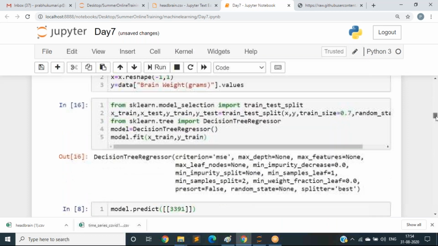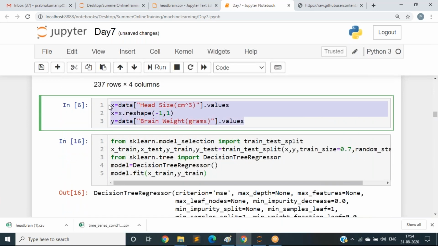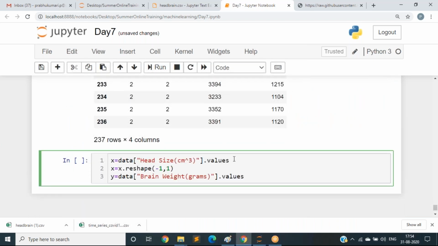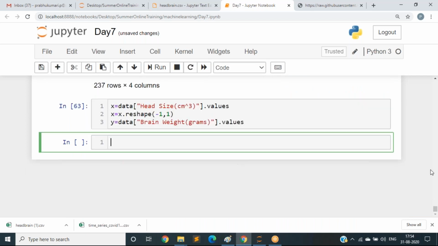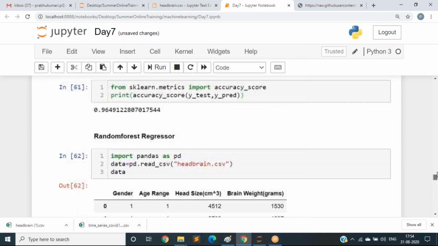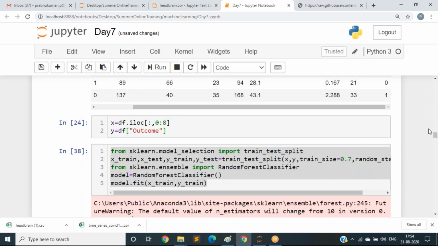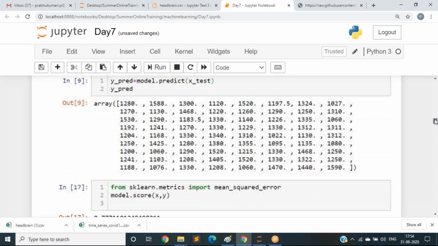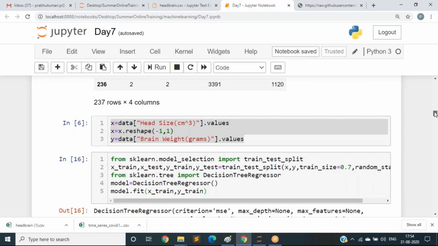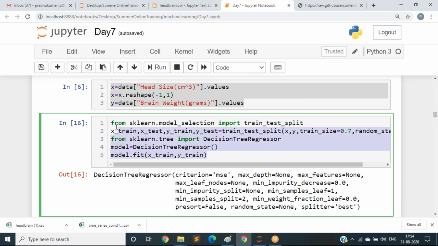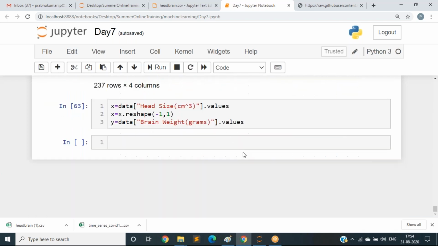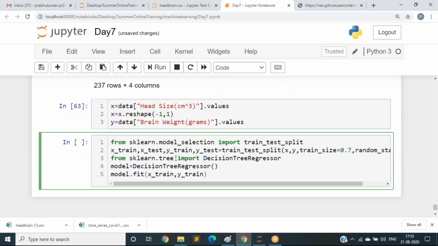We should take the values. Random forest is from ensemble classifiers, right?